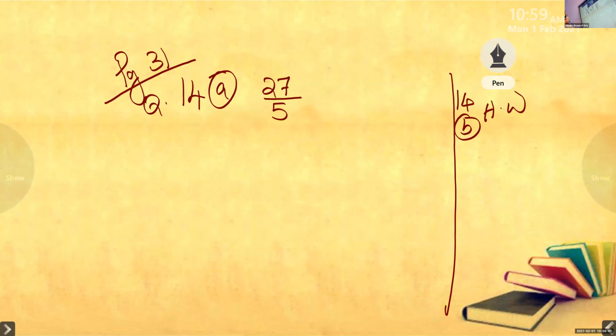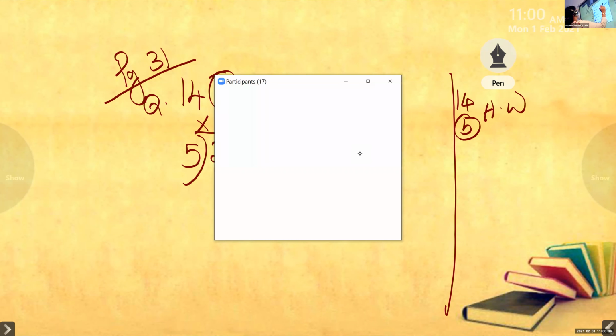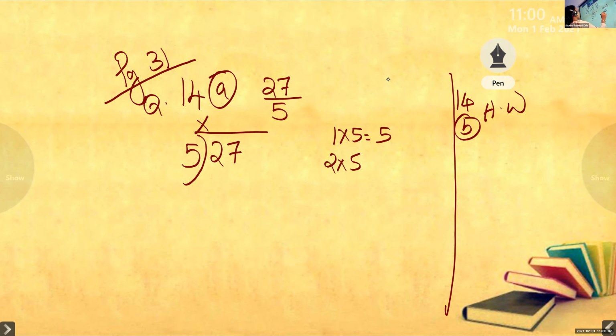Okay, all of you divide and tell me the answer. 27 will be the dividend, and the denominator we will write outside. That is the divisor. So see the table of 5. How to divide, you know already. We learned division. Children, you have to tell me how many times we have to take from here. Yes, Angelo, say it again. Ma'am, 5 into 5 is equal to 25. Yes, children, 5 5s are 25.